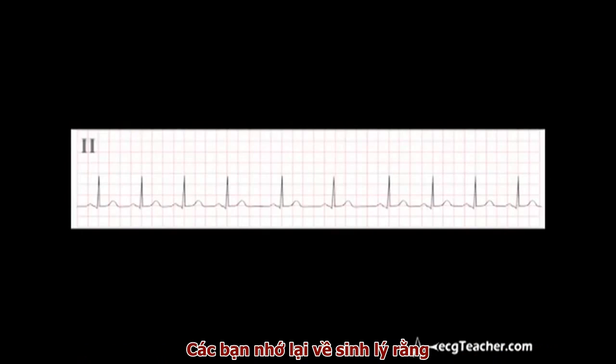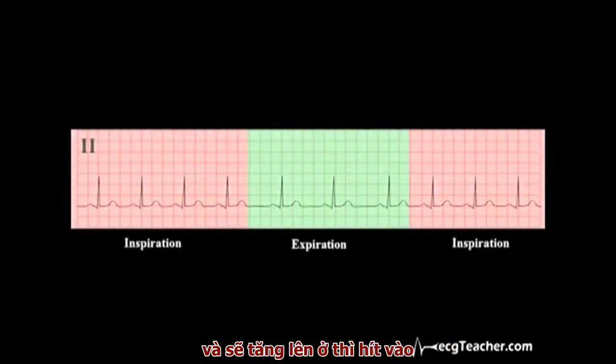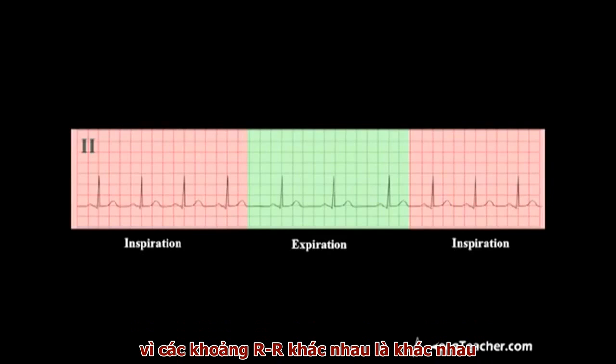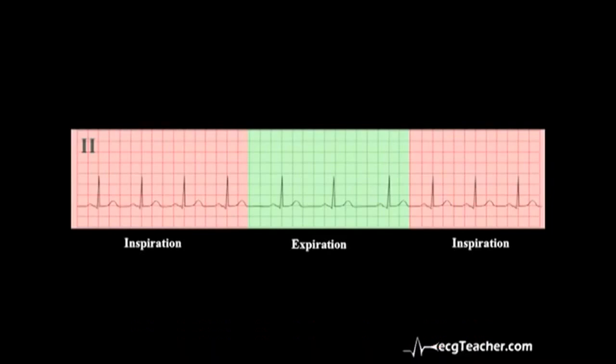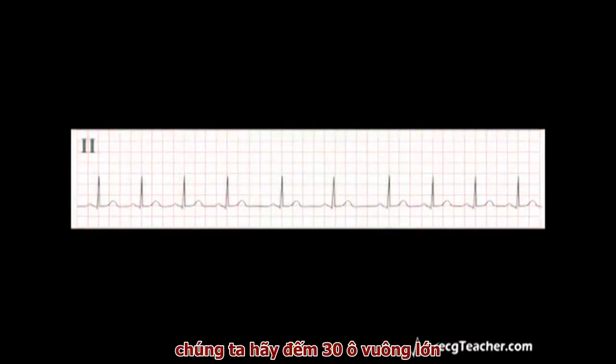You will remember from physiology that this is a completely normal variant, with the heart rate slowing during expiration and speeding up during inspiration. We cannot use the RR interval technique to calculate heart rate in this case, as the RR interval varies. When calculating the heart rate from an ECG in the presence of an irregular rhythm, count out